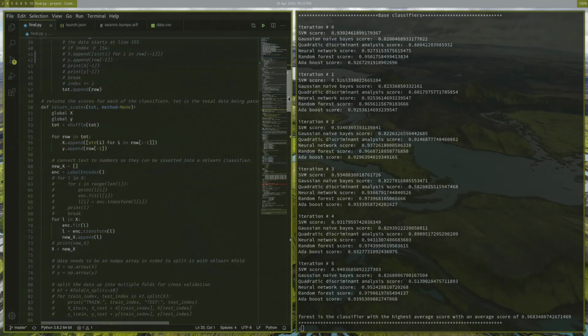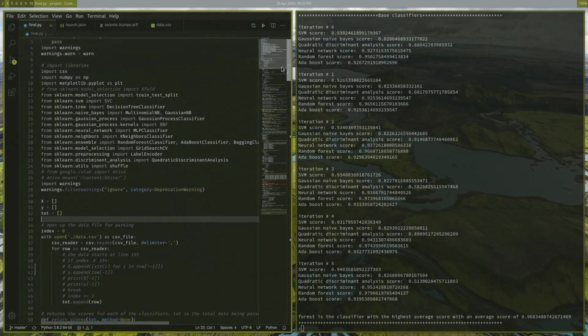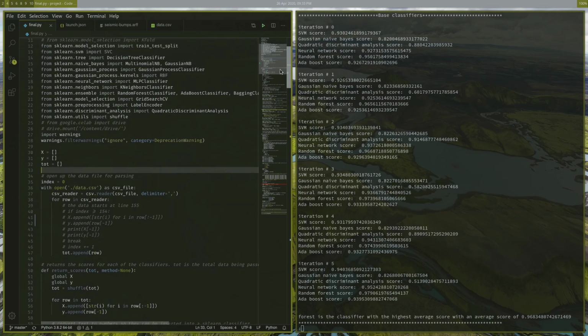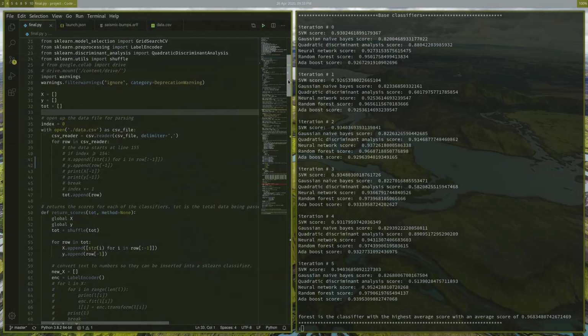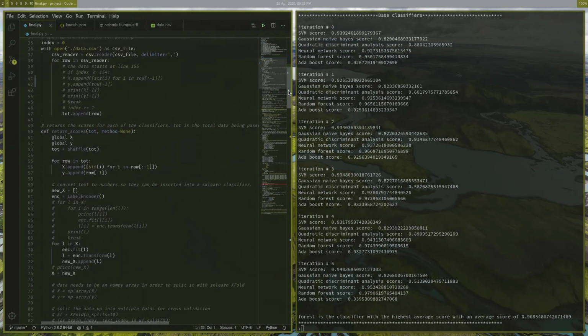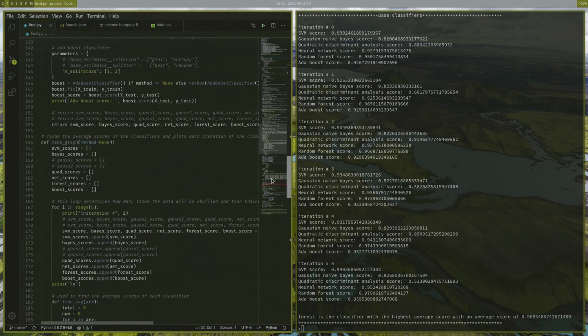Okay, so this is my code, and how it works is first it reads the data from the CSV and puts it all into a single array. And then we don't get to this function yet. First, we go down to this function